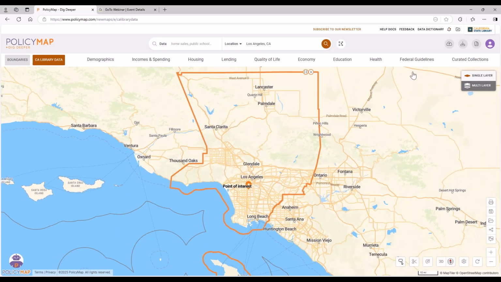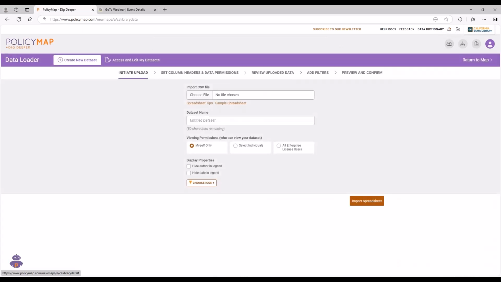All right, and I know we don't have much time here. There's a couple other features that I was not able to get to. I will give you a really brief overview of the data loader up here. And this allows you to import your own point or address level data into PolicyMap. So this feature is pretty straightforward. There are some different formatting requirements for the file, which I won't get into a lot of detail right now. But basically, once you import that file,